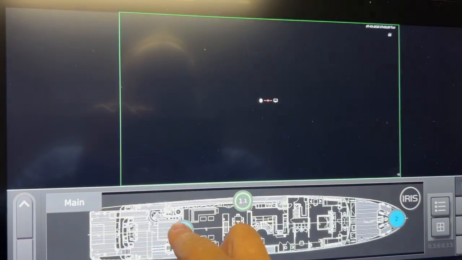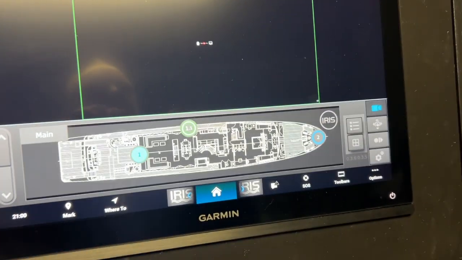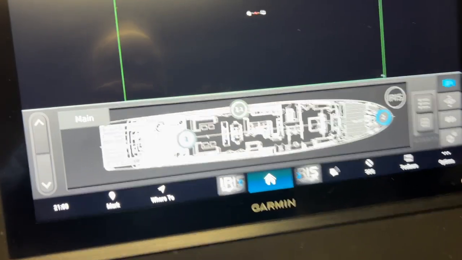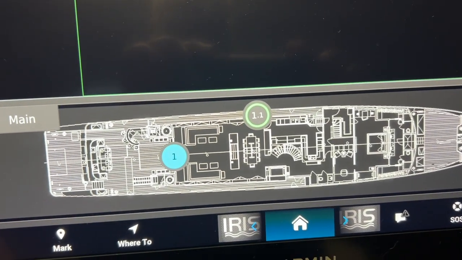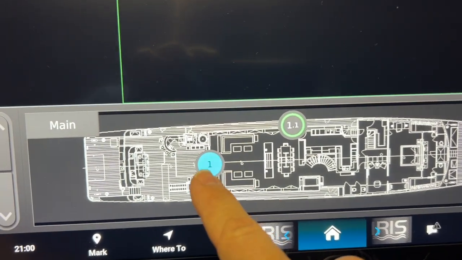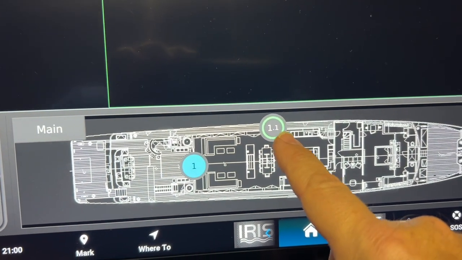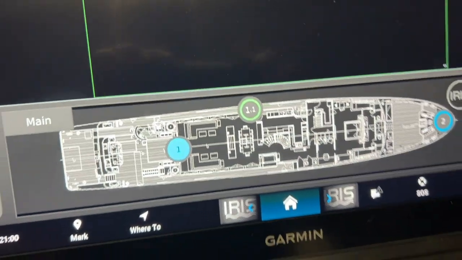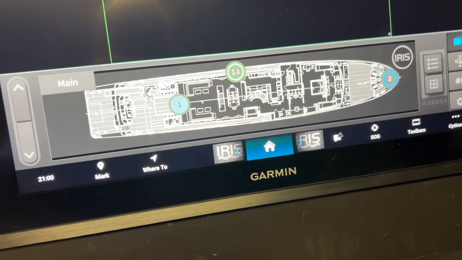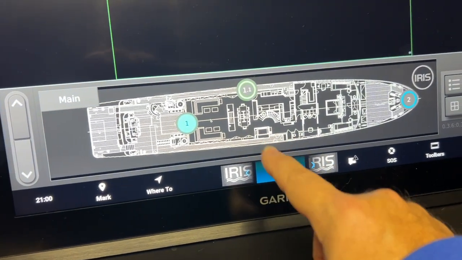There's my ugly mug there. But as well as switching cameras and camera views, we can also create camera preset icons. You'll see the blue icons represent cameras, but these green icons here represent a camera view. So for example, if I wanted to define a view on the starboard side midships here, all I would have